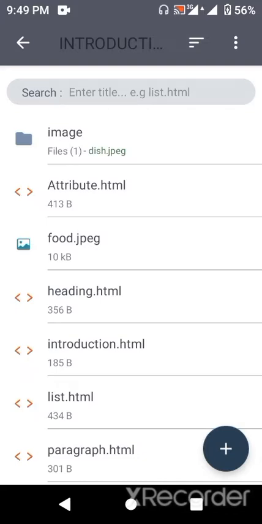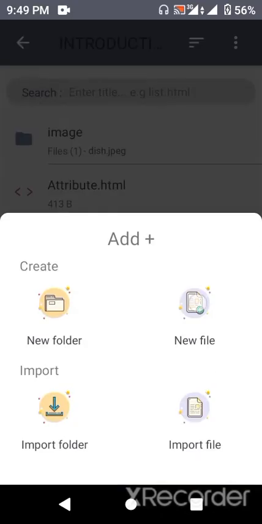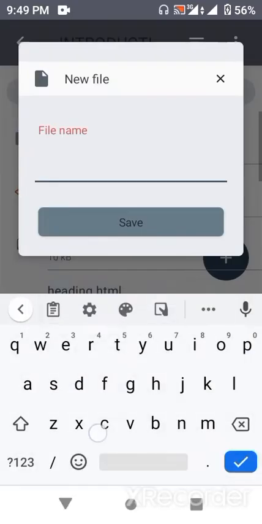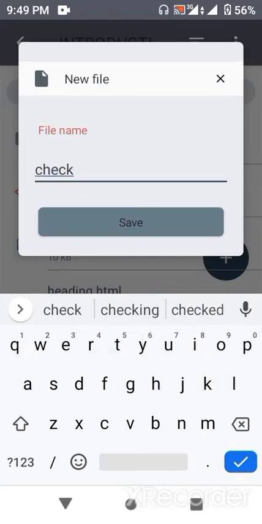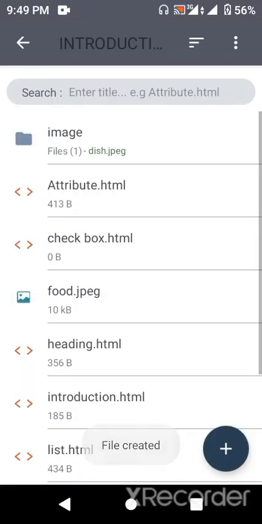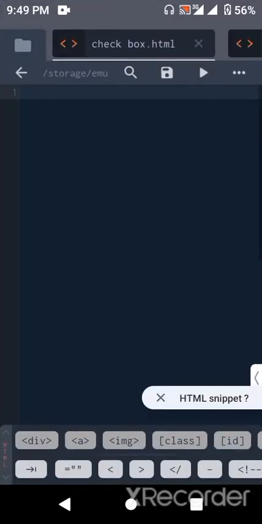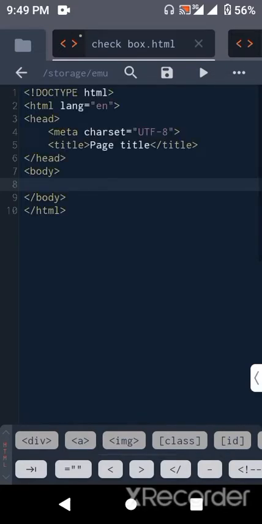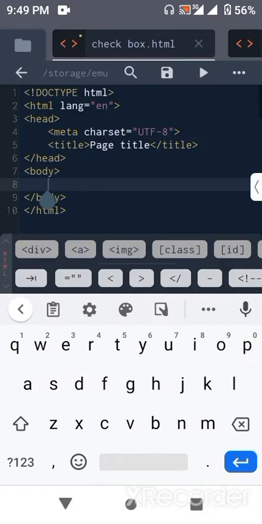The first thing we have to do is to create a new file. Let's call it checkbox.html. Save, then open it. Okay, your HTML skeleton. Alright, so in your body, what's gonna happen is,